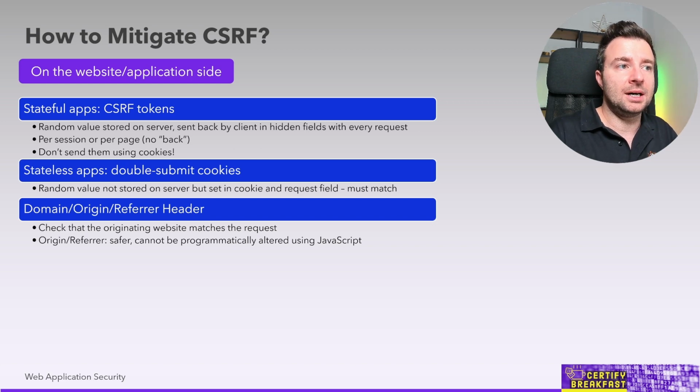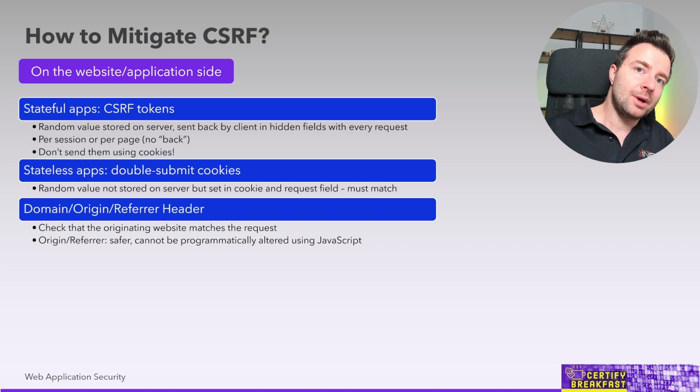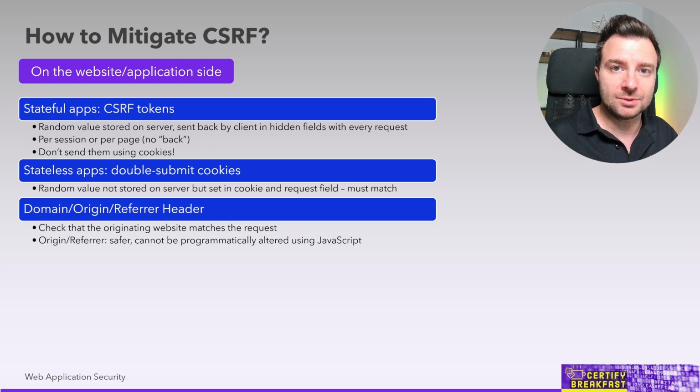For example, the domain or origin or referer header. These can be checked to see if the originating website matches the request that it was sent from. So this is one way of determining whether the request came in from a different website than the one it was supposed to be coming from. So if you are clicking on your execute transaction button in your banking website, well, the request itself should come from the banking website. So you should be on the banking website when you click that button, not on some other website. Of these, the origin and the referer are considered to be safer because internally and programmatically, they cannot